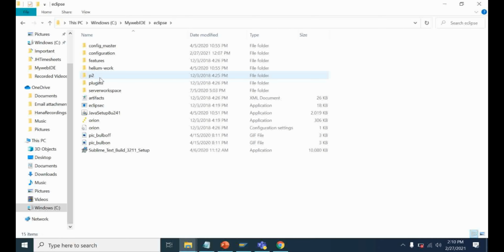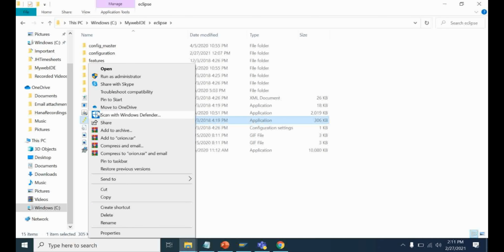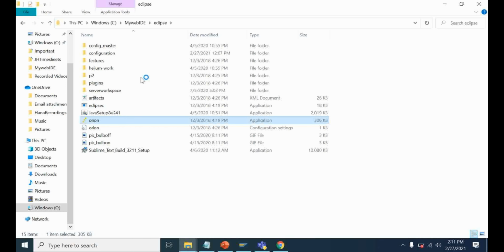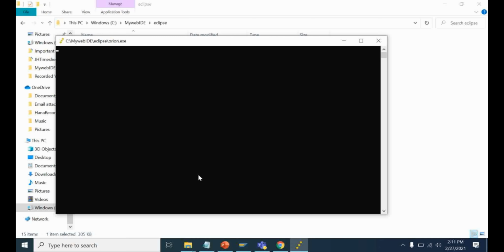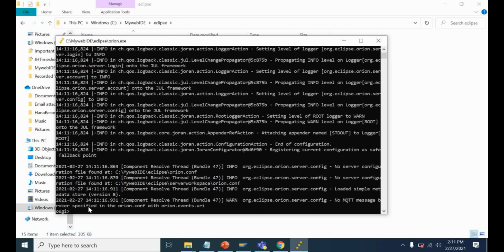Inside that Eclipse folder, you can see the Orion application file. Here we have to run as administrator. If we select run as administrator, immediately a pop-up will appear with the OSGi option. With this, we completed the setup of SAP WebIDE Personal Edition.